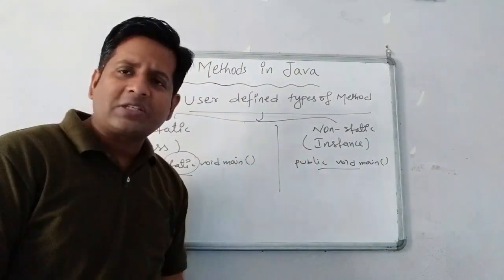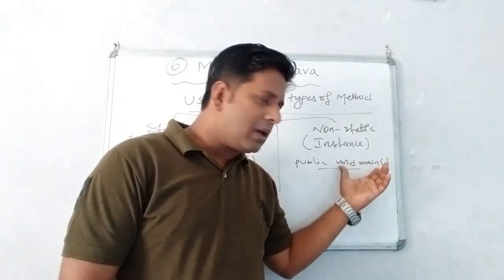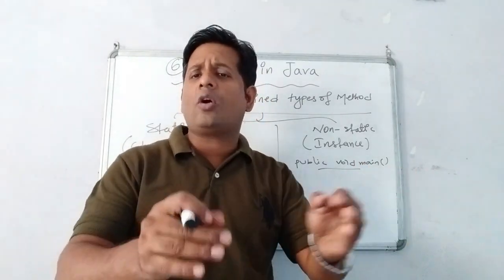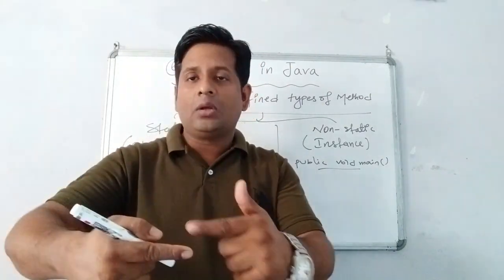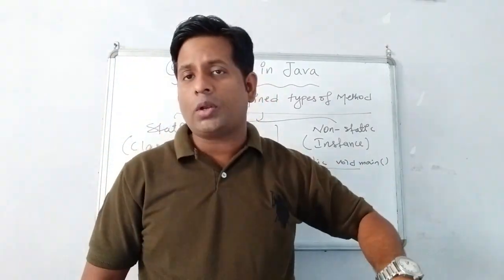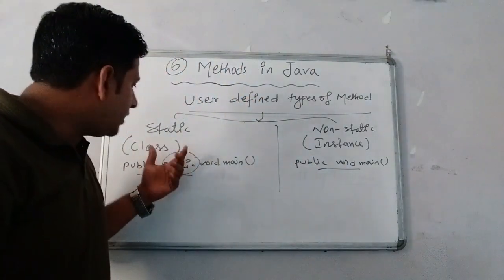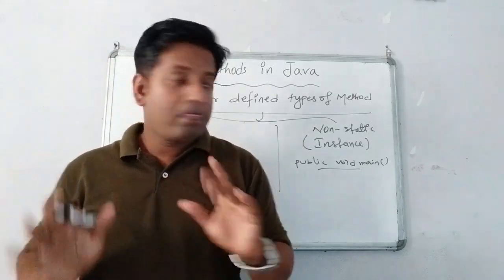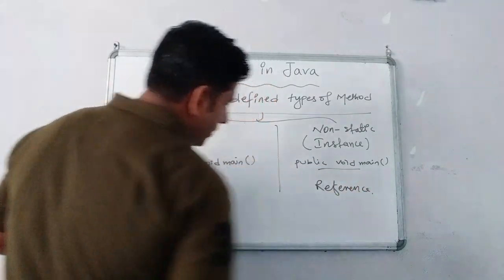Whereas when we use non-static, that means instance, we write nothing, blank. When we compile this, children, the compiler will not understand these things. The main function or any function will not be displayed directly. We have to use an instance or duplicate, we have to create an instance of this, a duplicate of this, an object of this. Then only we can run the programs. That means, students, when static is there, it is directly called, that is called by value. Here, called by reference. You can say this is the example also.